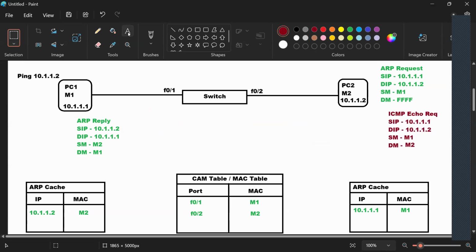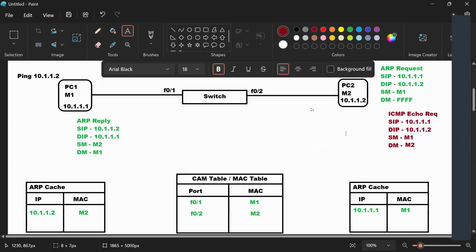Then PC2 will respond with the ICMP echo reply. Okay, so it will have source IP, destination IP, source MAC, and destination MAC.